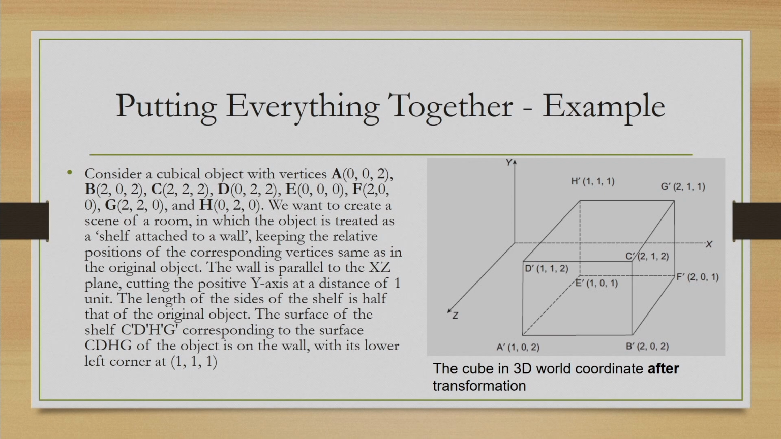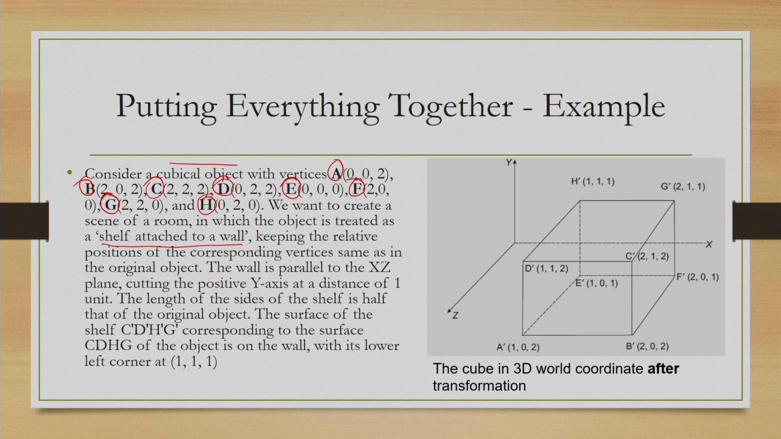Let us consider a cubical object with the vertices A, B, C, D, E, F, G and H. Now, with this object we want to create a scene of a room in which the object is treated as a shelf attached to a wall, keeping the relative positions of the corresponding vertices the same. So, the relative position will be the same,